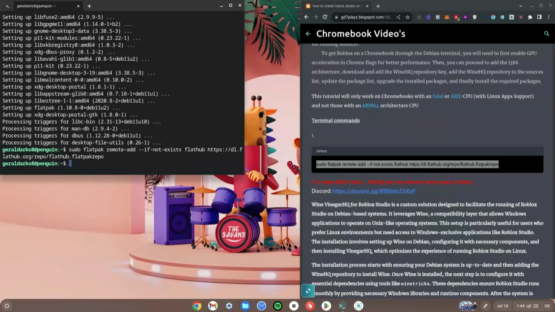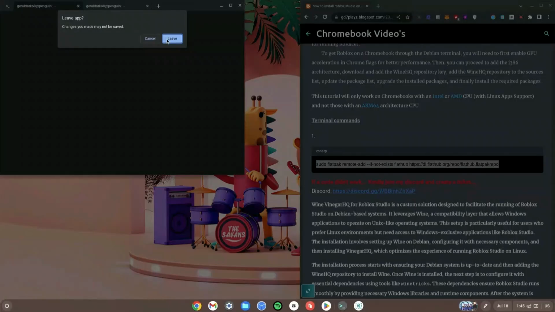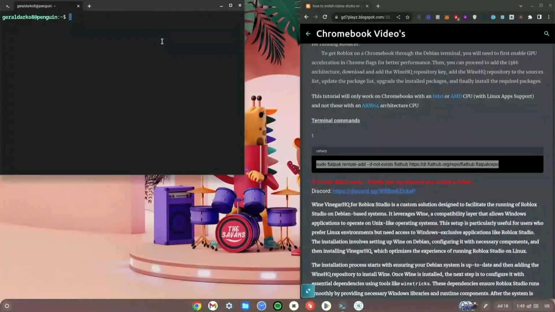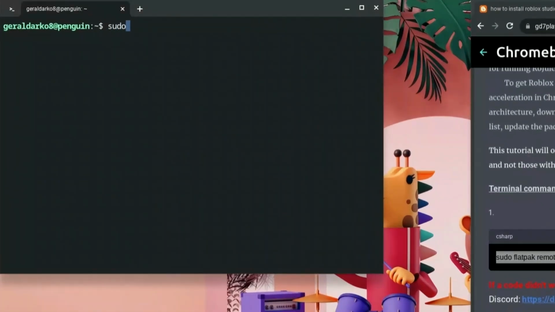Now once that is done, you need to pay attention to this next step. We need to restart our Linux terminal. So we are not going to close out of the whole thing. We're just going to open a new tab and then close out of the old one. This is a very crucial step and you must not miss it, else you would have errors and problems getting Roblox Studio. Now once you've done that, type in sudo space flatpak, another space, type in